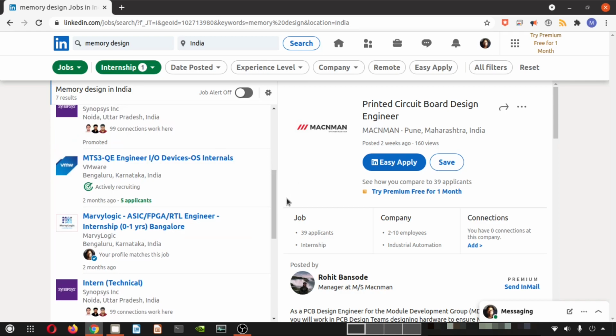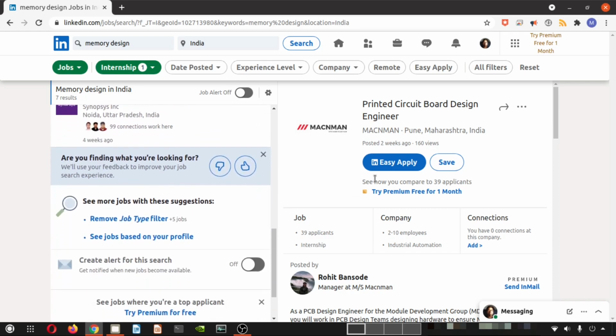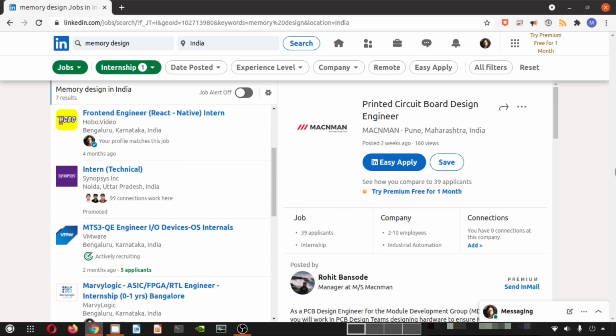When you are searching with a particular keyword, your head must be very clear about which keywords you need to use and in which domain you need to apply. For that, you need to list out the keywords first before hitting your search engine. This will help you get into the right position. You can see that a lot of internship positions are open and you can apply to them. So guys, this is a short video, and I will conclude here.